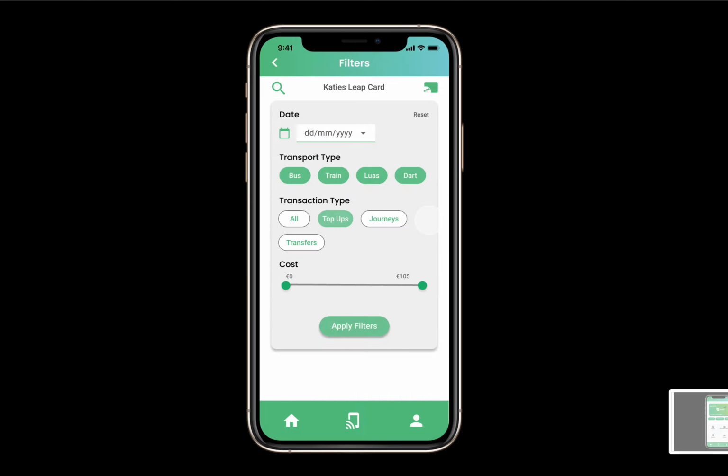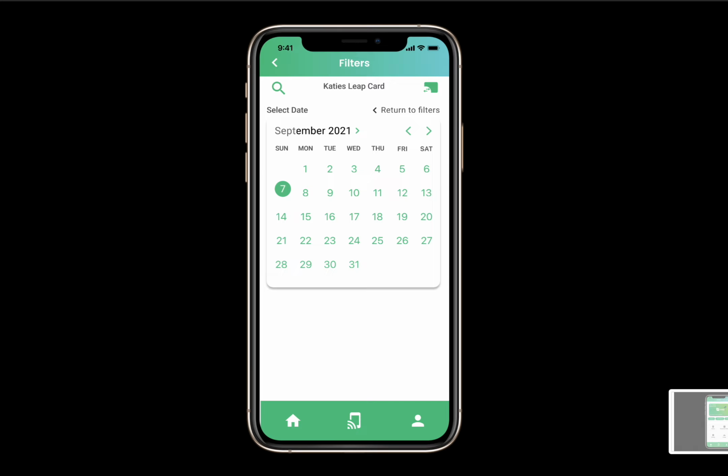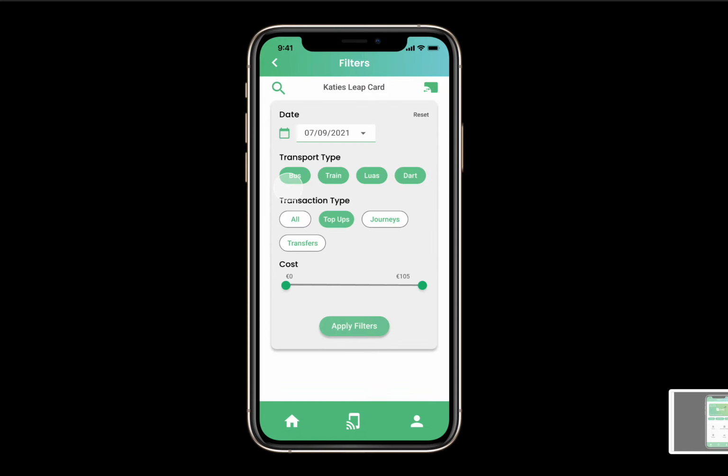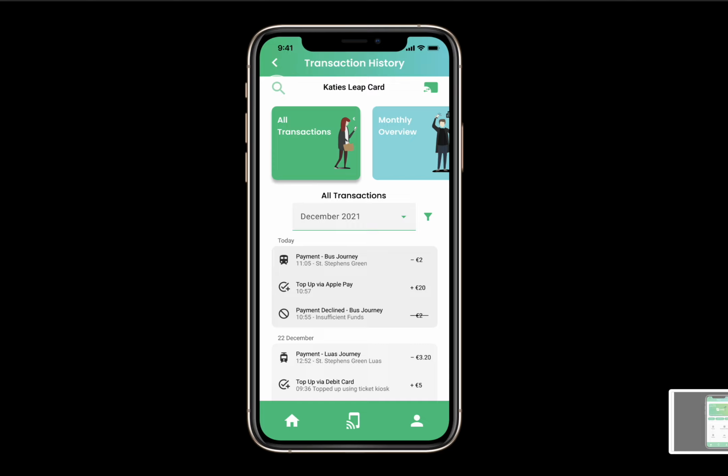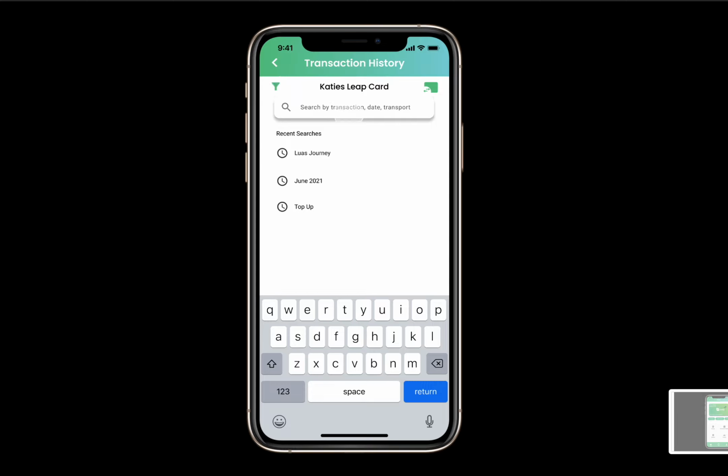They can also filter the results. So they have a variety of filters here. Let's say they want to filter by date. They can simply click the calendar, select the date they're looking for, apply filters, and that will bring up the transactions for that date. And then the final option is they can select the search icon in the corner here,